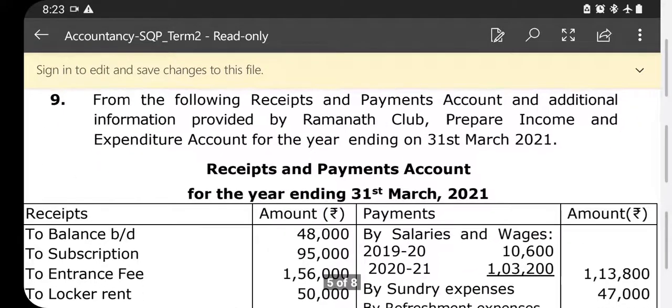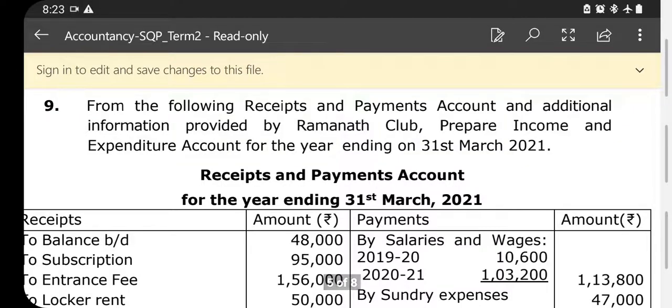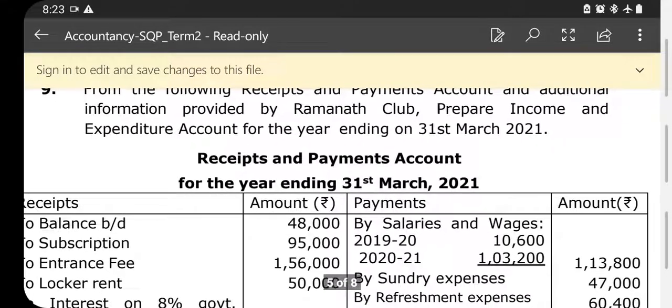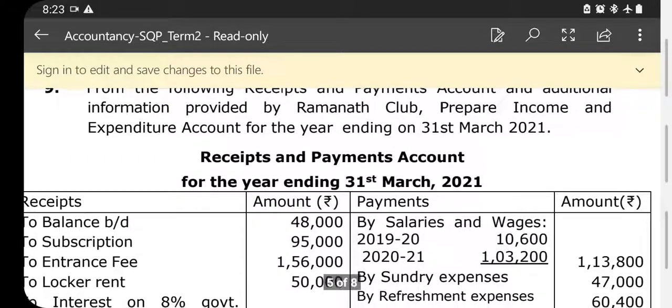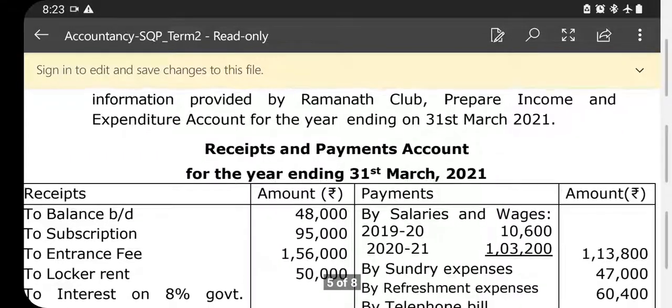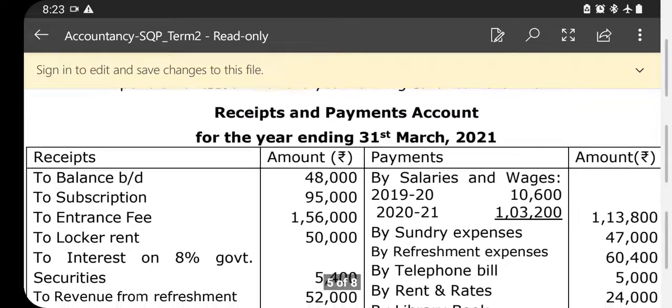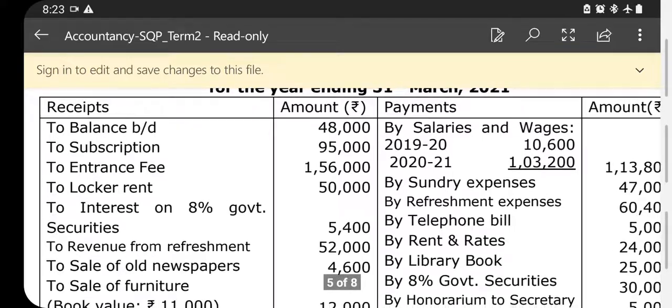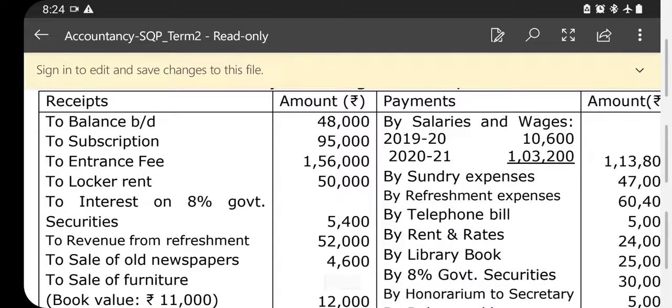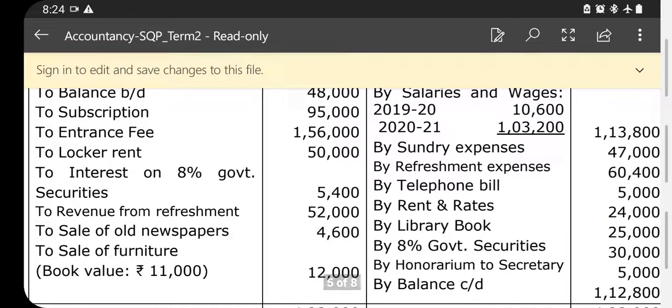Ninth question, from the following receipts and payment account and additional information provided by Ramnath Club, prepare income and expenditure account for the year ended 31st March 2021. Receipts and payments for the year ended 31st March 2021. Receipts amount. First we are discussing receipts. To balance brought down 48,000, to subscription 98,000, to entrance fee 1,56,000, to locker rent 50,000, to interest on 8%